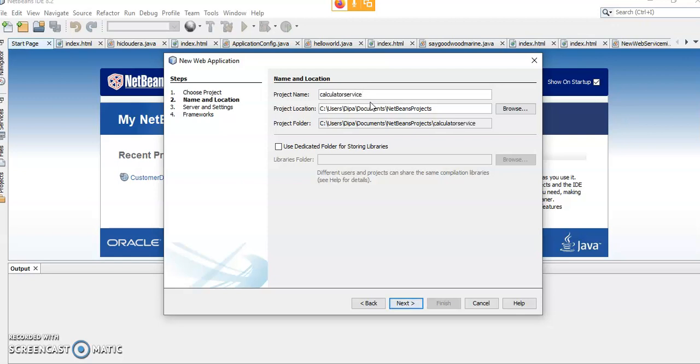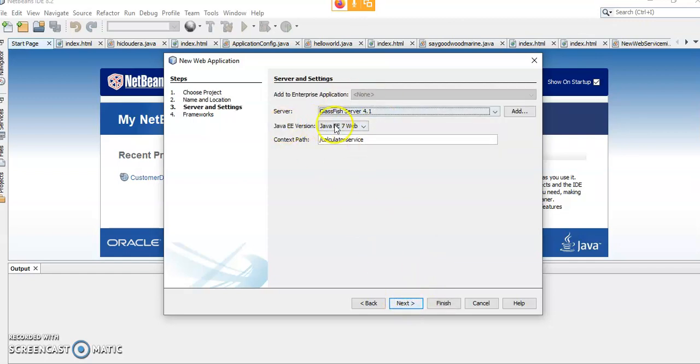Okay, I am going to show you a simple program. Next. So it is connected to the GlassFish server, or Apache, and finish. It takes time again.